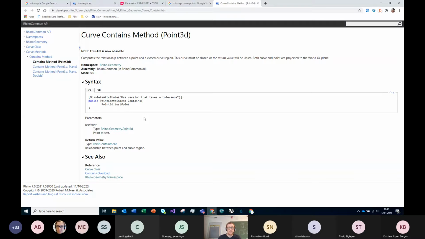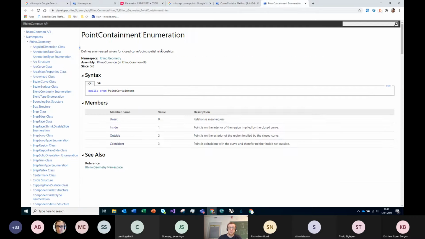You will get used to Rhino API, especially if you want to do something in C# and in general scripting. Even if you are using Python, it's also the way you should deal with the library of objects in Grasshopper. And here we see that generally we can use something which is testing if the curve contains a point. And the outcome of it is here, return value, it's a point containment. If I click over this one, you will see that 0 is unset, 1 is inside, 2 is outside,